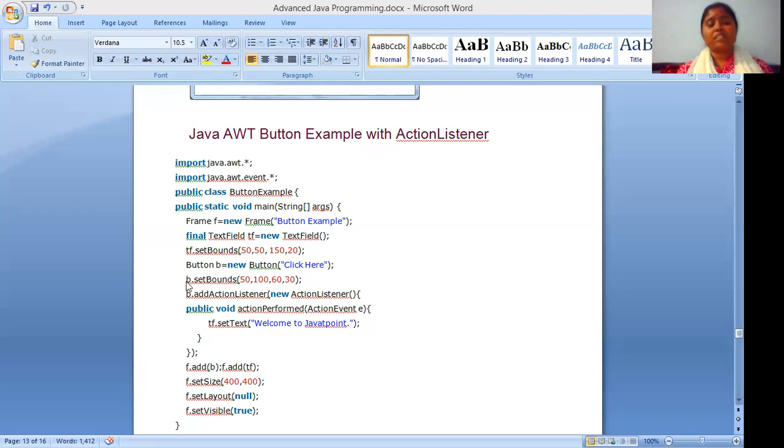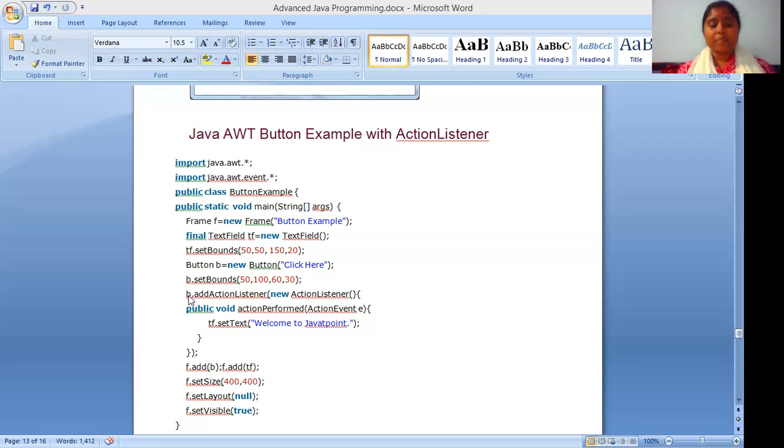Now, in the next statement, button b is calling the setBounds method, and we are setting bounds for the button: 50, 100, 60, 30. Distance from the x-axis is 50, distance from the y-axis is 100, width is 60, and height is 30. So these are the bounds for the button b object.